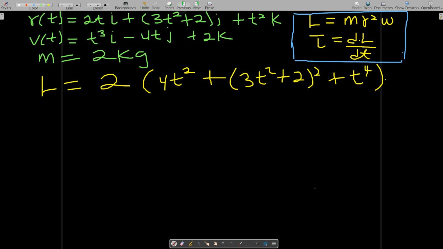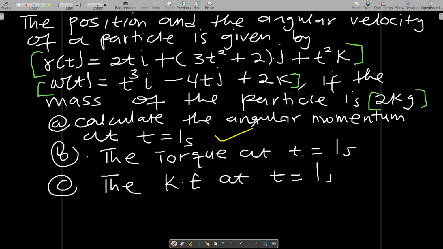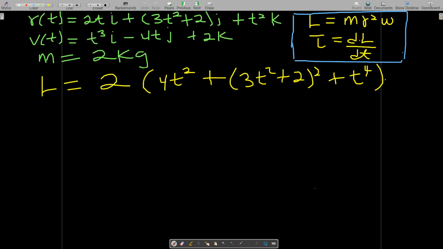I wrote something here. Okay, please look at this. The v is not vt, it's omega t, sorry. Then times omega t, and omega is what? t cubed, i minus 4tj